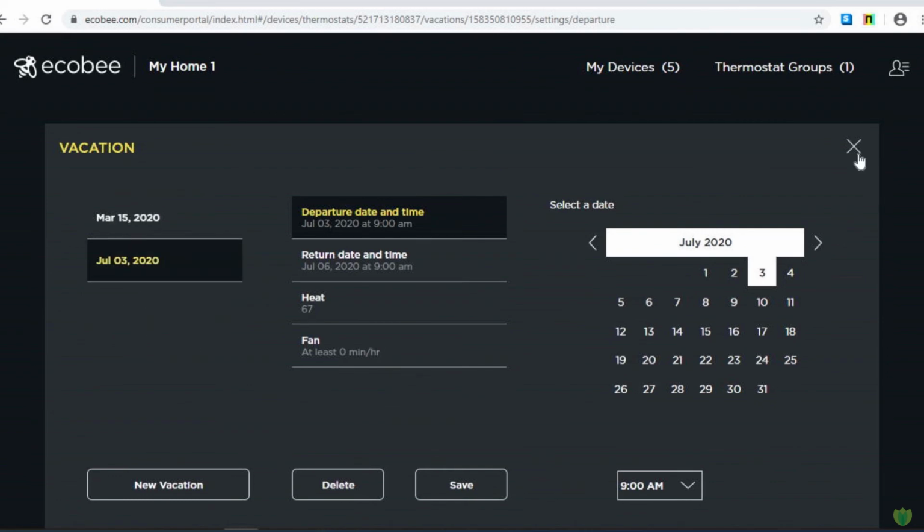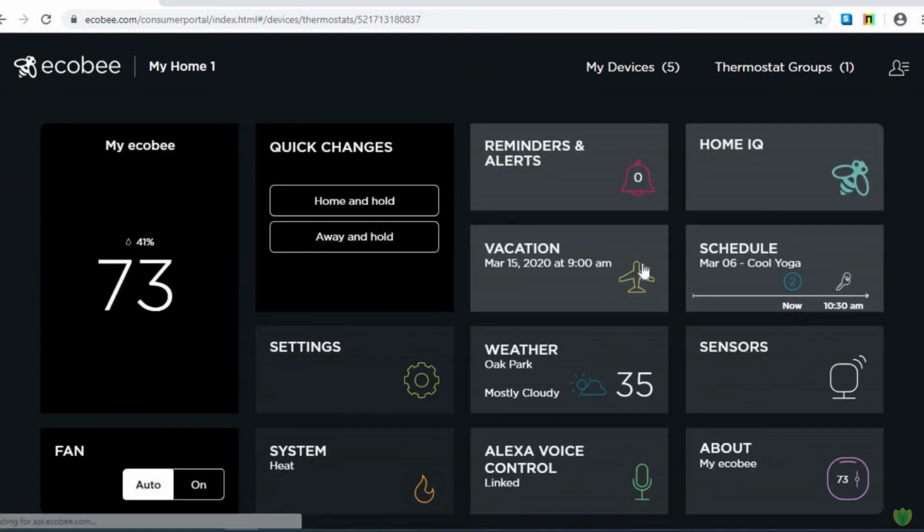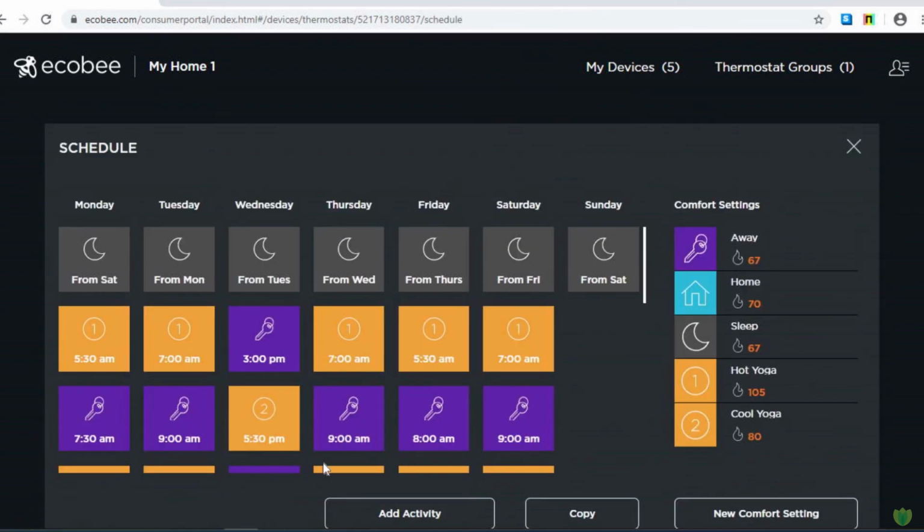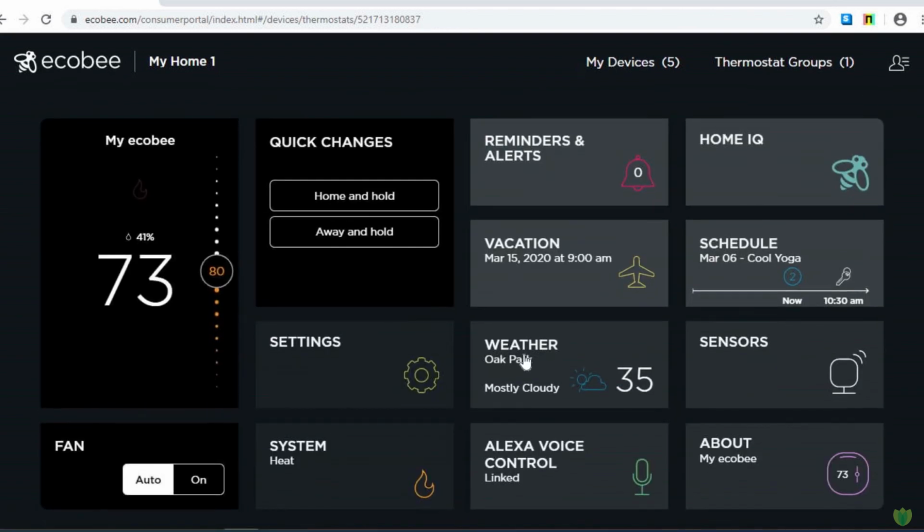So again, vacation mode, one-time events, holidays, weeks that you're closed, schedule, weekly routine that you would go and adjust week to week. Hopefully this is helpful, and I